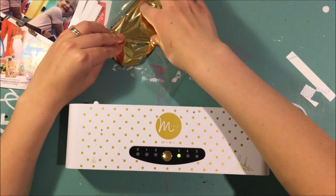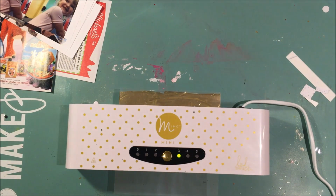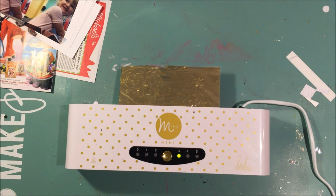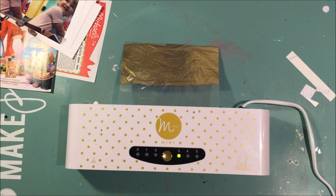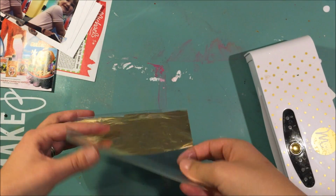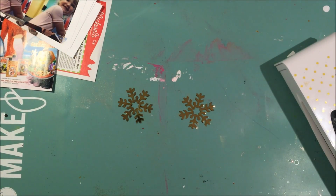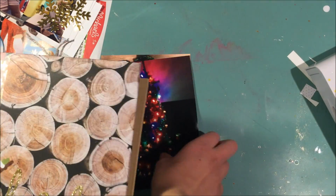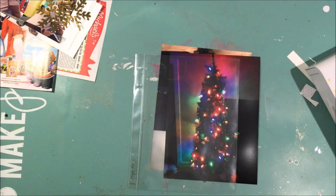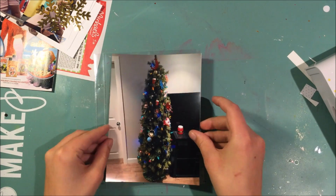So I'm just starting off with using these foiled snowflakes, the mink ones from Heidi Swap. I just did those because I'm going to make a shaker pocket with that in it. It didn't turn out perfect. I still have some troubles getting it to be perfect, so we'll see. Anyway, this isn't part of that day, but I just did it on this day